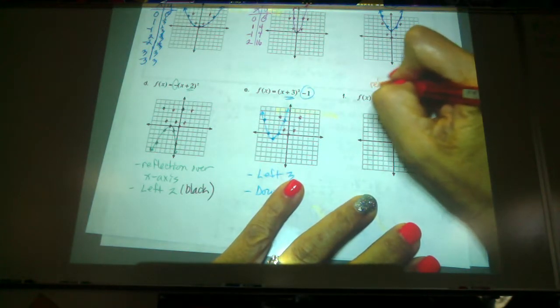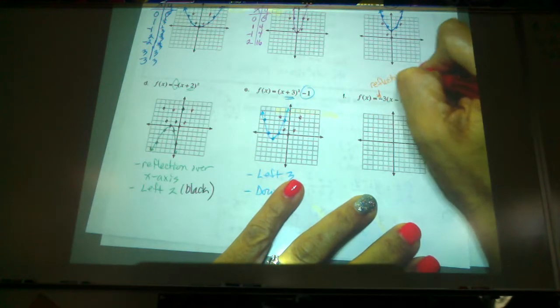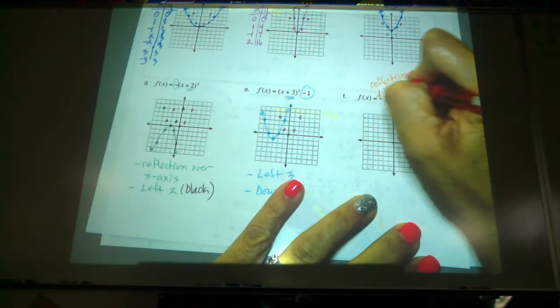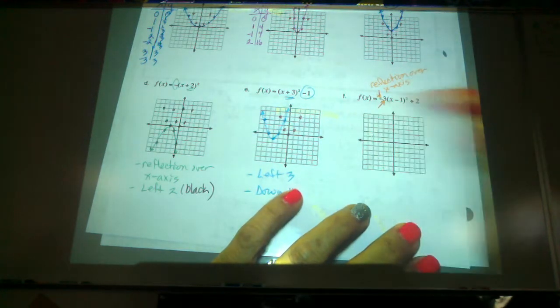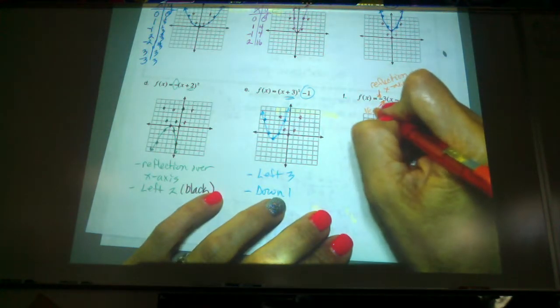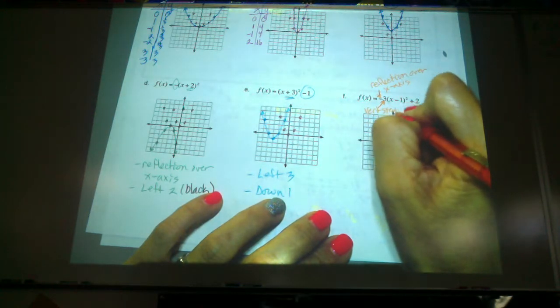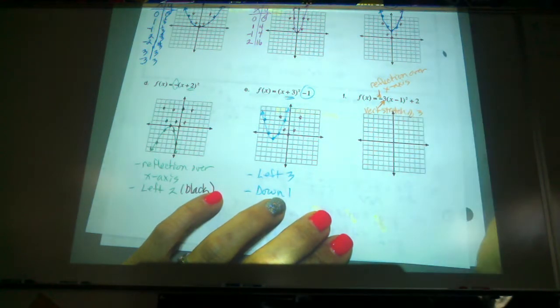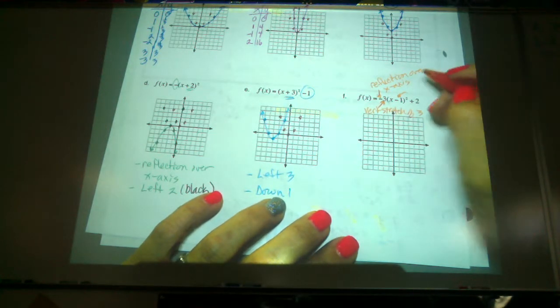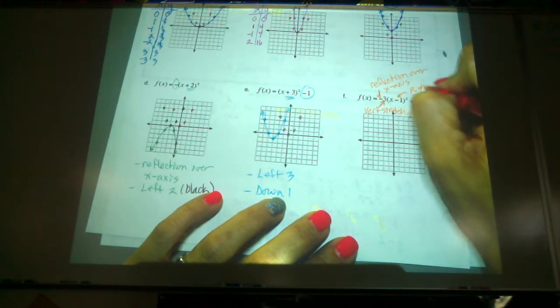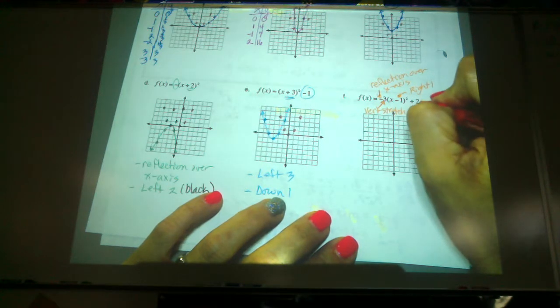So reflection over the x-axis. And the 3 means what? Vertical stretch of 3. And the negative 1, right 1, and the 2,